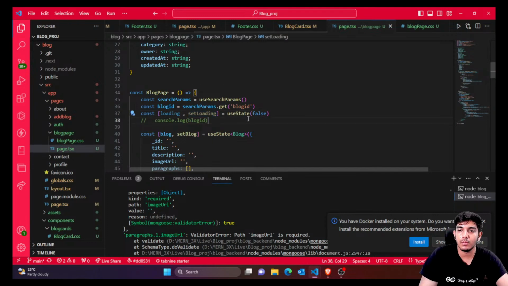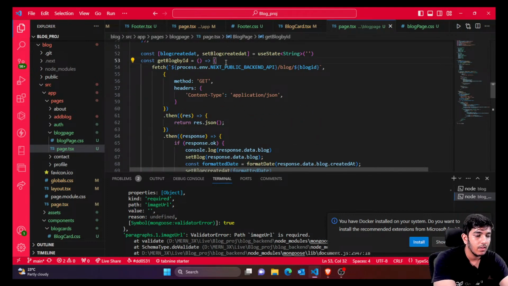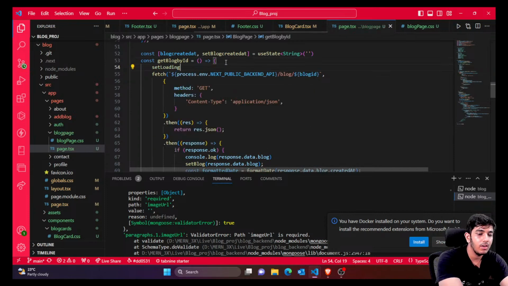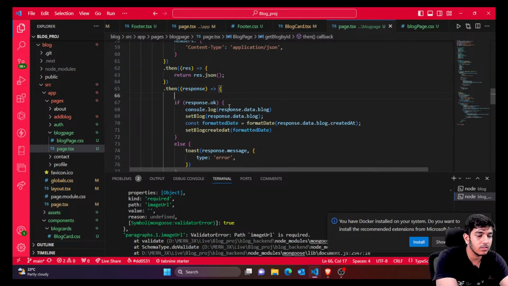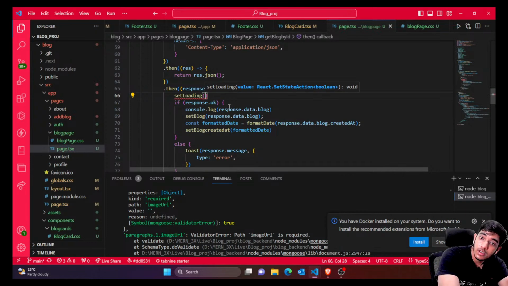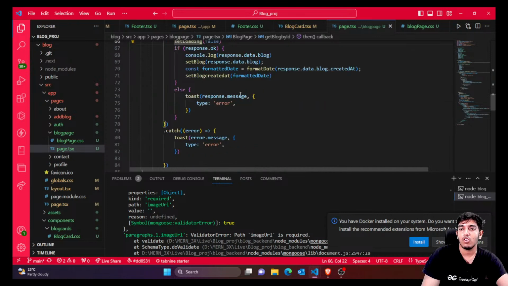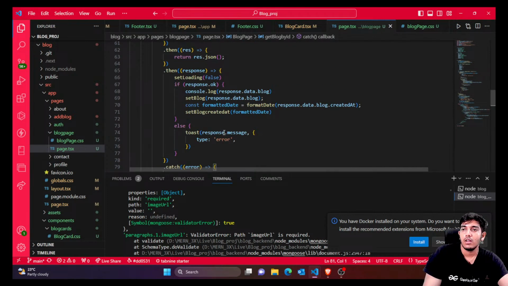So we created a variable, and now what I'm gonna do is when we are loading the data, we are just gonna say that setLoading will be true. And here, once you get the data, you're just gonna say setLoading will actually become false. Copy and paste it, right? And now